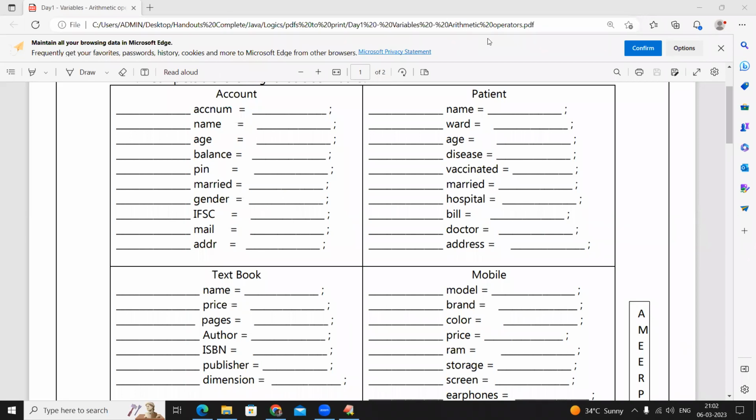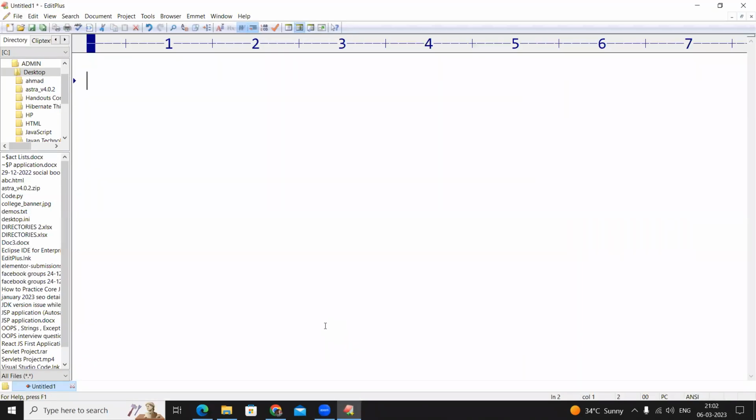String address, string name, int ward, right? Int age, string disease, boolean vaccination, right? Boolean married. Good. So the variables are very simple. Variables are not a story. There is nothing to practice. So whenever you are thinking about the program,